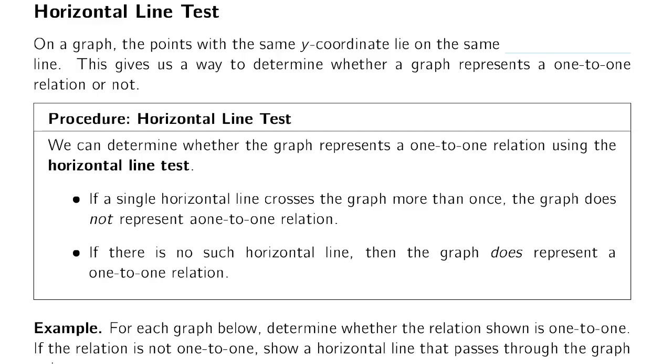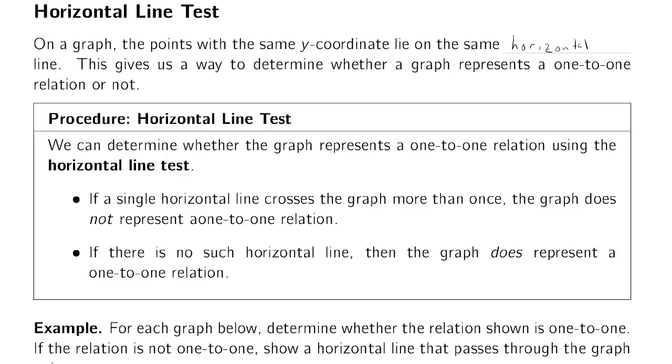Just as we had a test based on the graphs for whether a relation was a function, we also have a test based on the graphs for whether a relation is one-to-one. Remember that on a graph, all of the points that have the same y-coordinate lie on the same horizontal line. And so, to determine whether or not we're looking at a one-to-one relation, we can look at what's called the